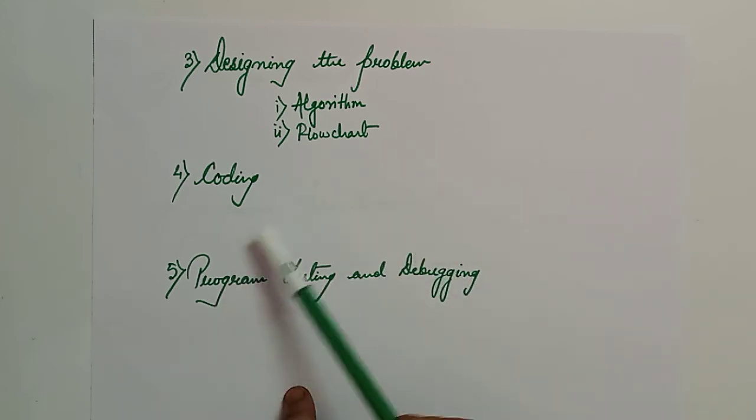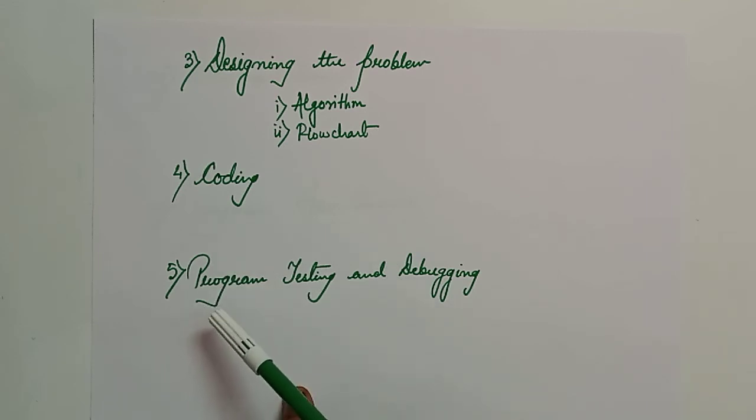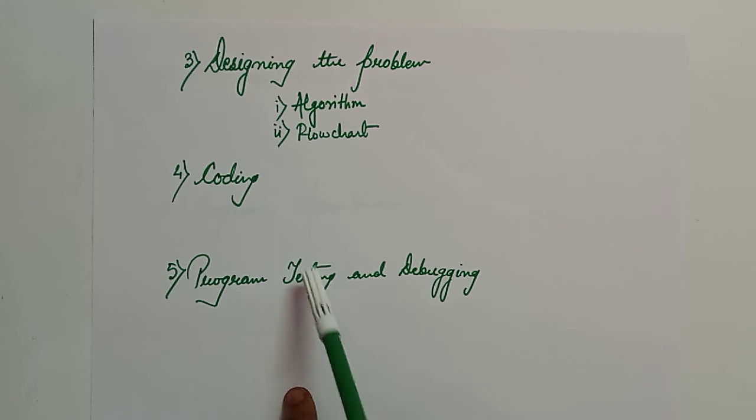Now once you have written the code, we have to test the program and find the bugs. First, let's talk about testing. Testing means running the program, executing all the instructions and functions, and checking that our program runs in all conditions and gives the desired output. Basically, testing means running the program, executing all its instructions and functions, testing the logic by entering sample data in order to check the output. Now, what is debugging?